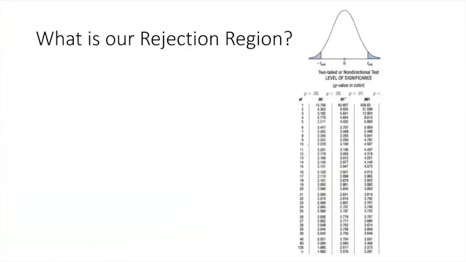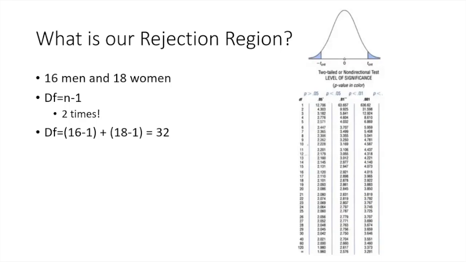So now we have to define our rejection region. And here's where it gets a little different than what we've done before. So we have 16 men and 18 women. And hopefully you remember that our degrees of freedom are calculated as n minus 1. But we've got two sets of n's, so we have to do it 2 times. So here's how we do that. We take the n minus 1 for the men and the n minus 1 for the women, and we add them together. So it's 16 minus 1, which is 15, plus 18 minus 1, which is 17, and those add